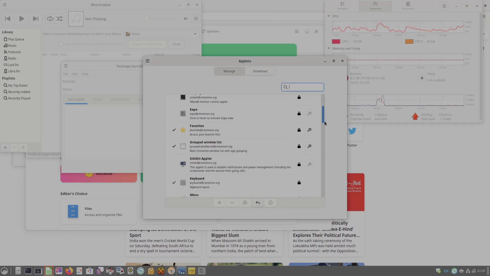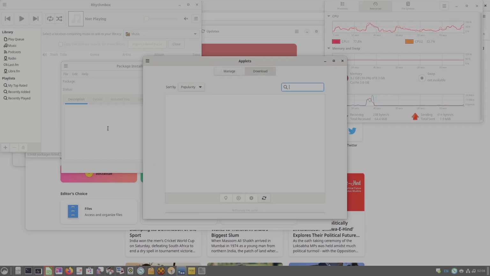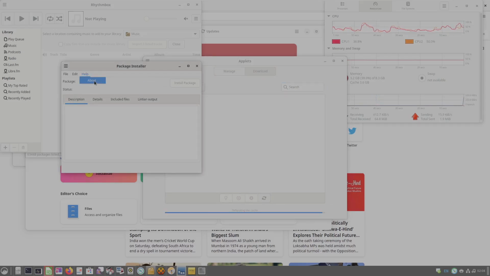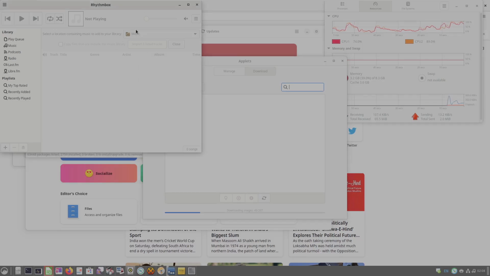So here are the applets. You can install, you can download anything you want. It's clearly up to you. Package installer 0.9.5.7. Let's close this. Rhythmbox